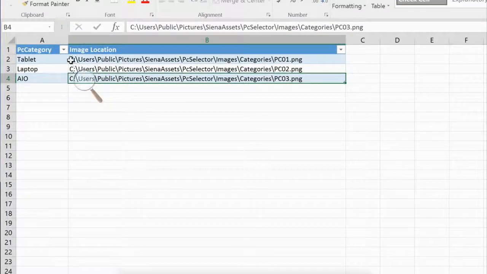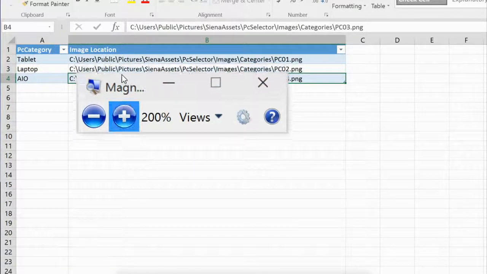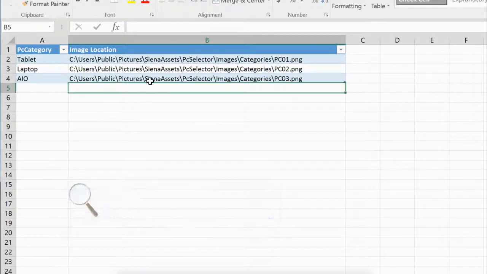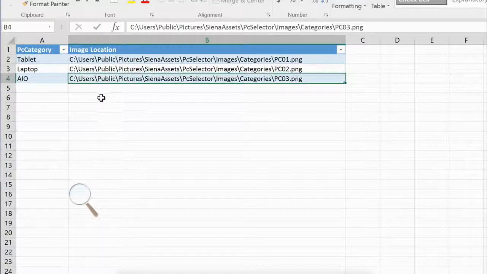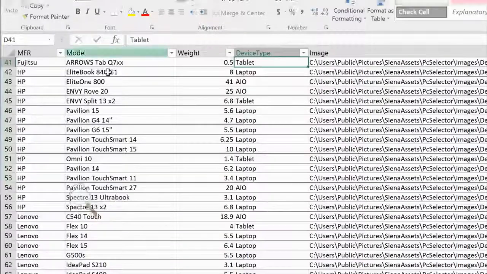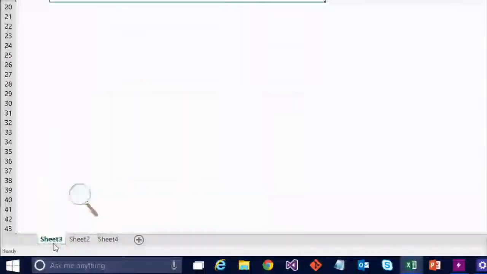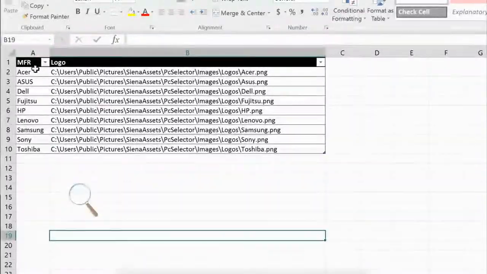So we can see that we have a table. And that's all Siena really looks for, is actual tables inside of Excel documents. So these don't have to be on different sheets. I just had them on a different sheet. If we take a look at this sheet, this is all the information we have about the machines. And then this is the information we had about the manufacturers.